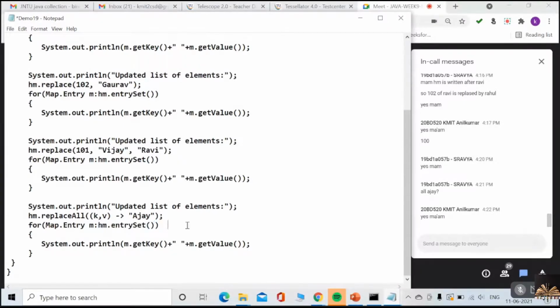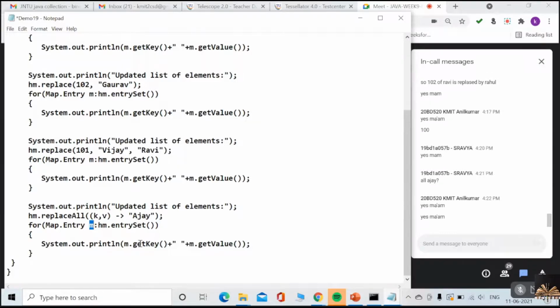Maybe this is somewhat easier than that. Yes or no? hm.entrySet, Map.Entry m. So m is your entry right now. Do you agree with me? Yes. Okay. So on m, I am going to call getKey and getValue methods. Understood now? Right?